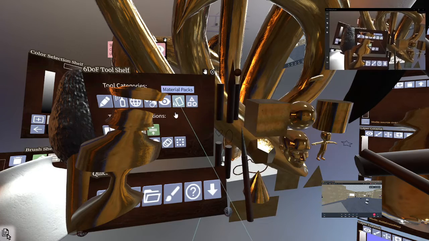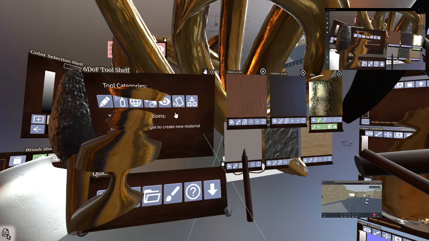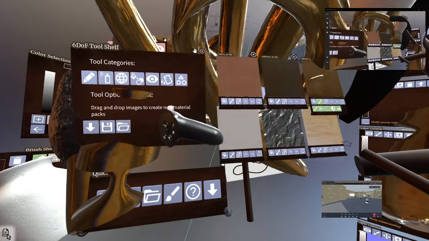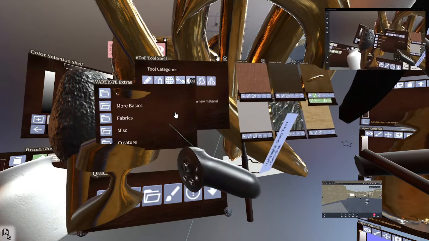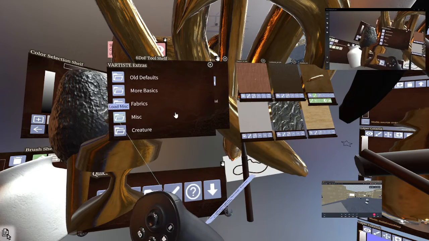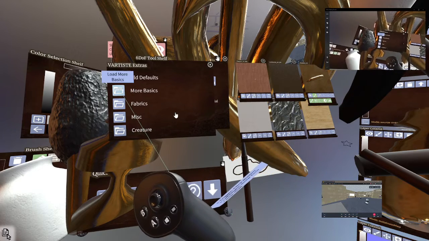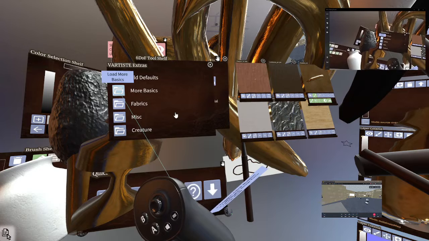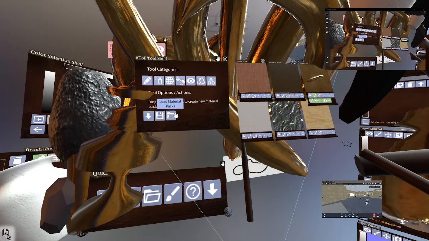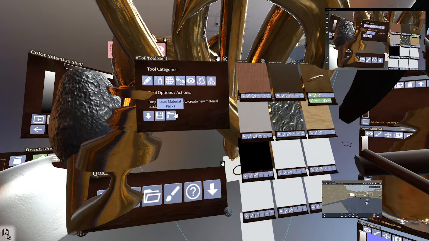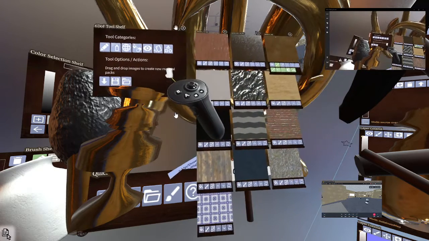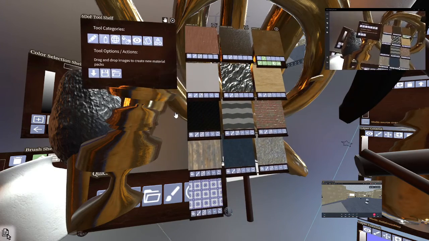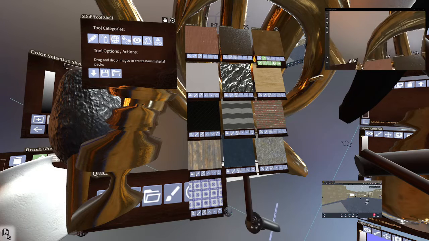You can, again, it takes whatever material you're using. If these default 6 materials aren't enough for you, you can load more material packs. You can either load some of the built-in ones that I've got. I'll load more basics here. Or to add your own material, while you've got this material window open, you can drag and drop